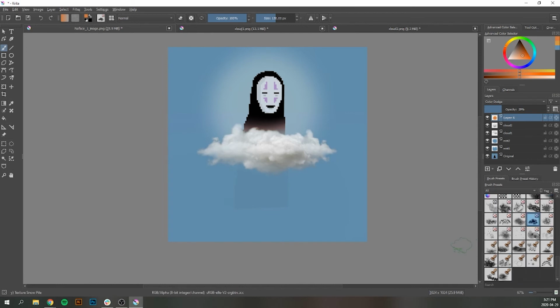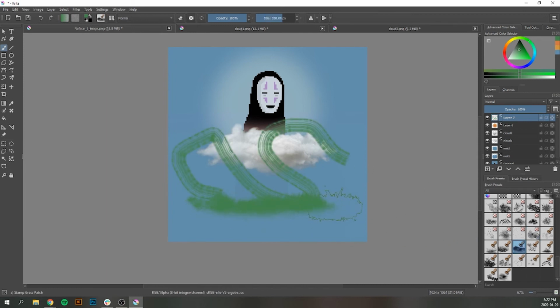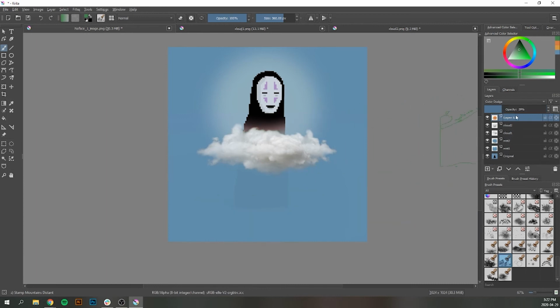So if you feel like you want to add a pattern, like say I wanted to add grass, well, probably not on the color dodge layer, but say I wanted to add grass, or swooshes, more different types of grass, mountains in the back, anything that you would like, feel free. I always recommend doing it on another layer though,